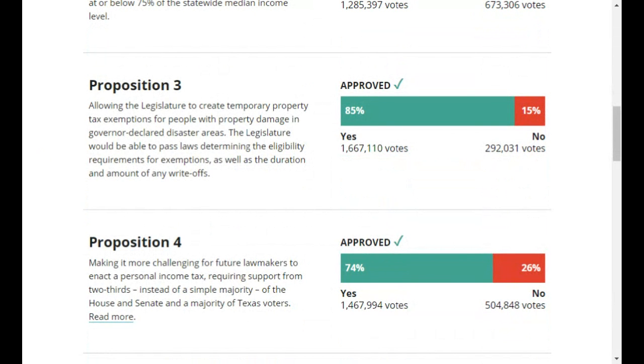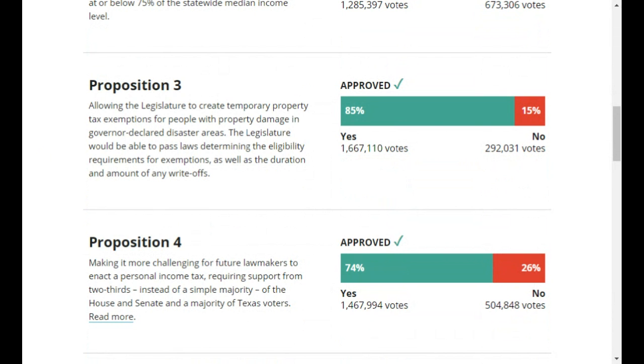Proposition 4, there is no state income tax in Texas. If there were to be one, originally it had to be a simple majority, basically 51%. So what this constitutional amendment does was said, if the state wants to create a state income tax at some point, now they